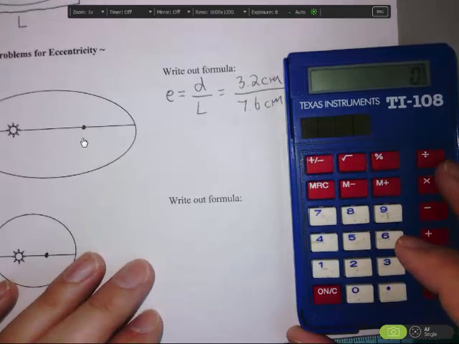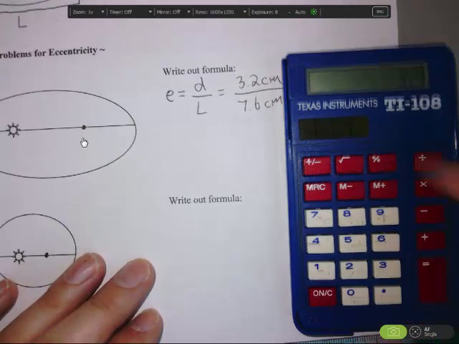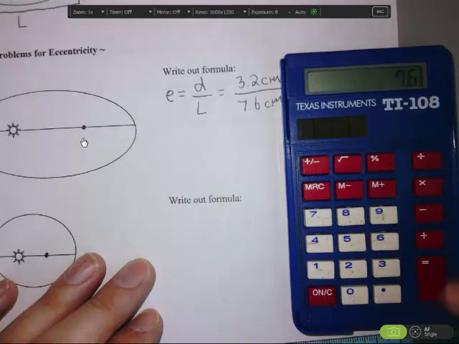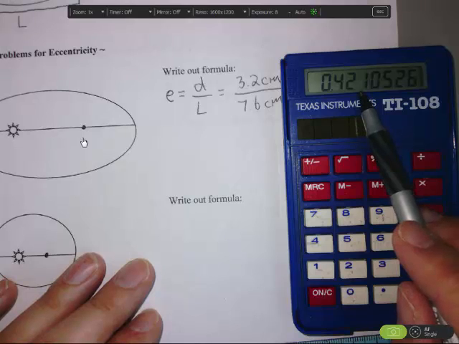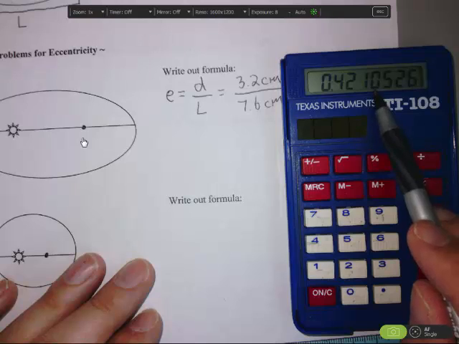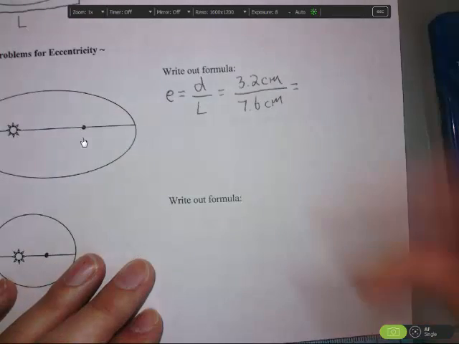I've got 3.2 divided by 7.6. That would give you 0.421 because you need to do it to the nearest thousandth. One other thing to consider here too is if you have to round or not. You can see there's a 0, so you don't have to worry about rounding. So I'm going to go ahead and put